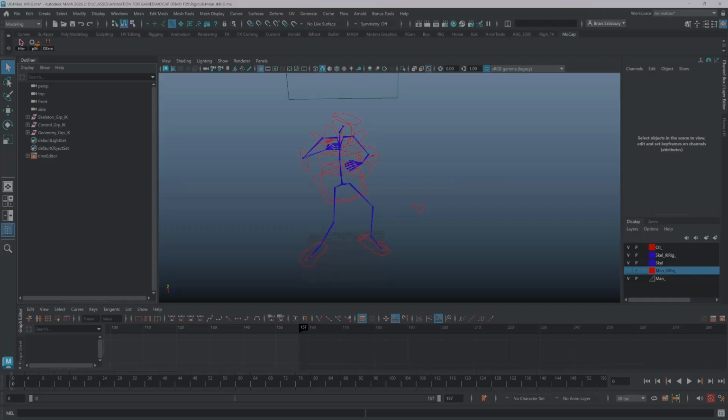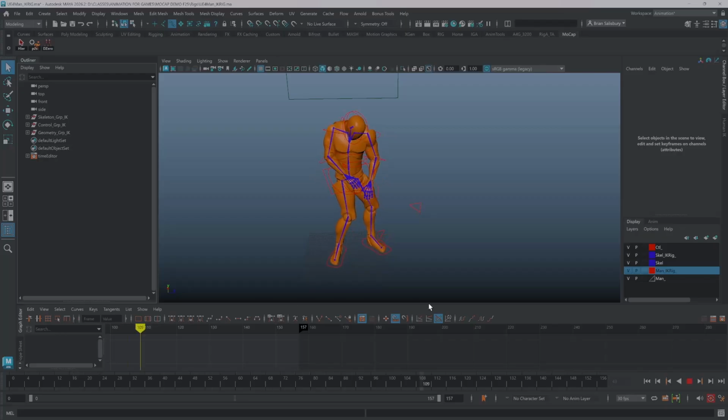Good grief. Okay, I think what happened is, oh, it's not on. There we go. Okay, we're good. All right, so one thing to understand though about Maya,